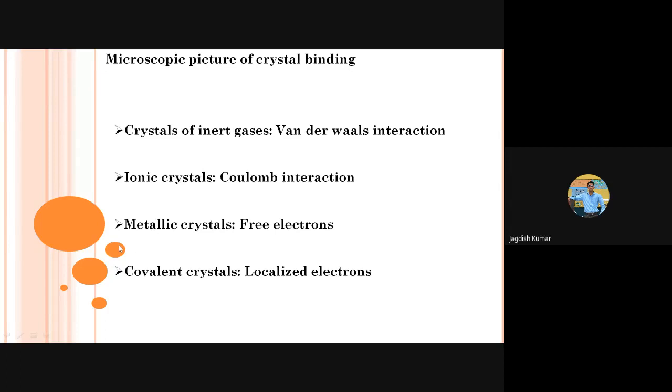So usually in the metallic bonding case, as the name indicates, there are free or delocalized electrons. Those crystals are metallic in nature, conducting metals. In covalent bonding, electrons are shared as well, but they are localized. They are shared in a specific region where the orbitals of the atoms overlap. So those crystals are usually insulators or semiconductors. We will be discussing all these four kinds of bonding, and then how we can understand the properties from the perspective of the bonding forces.